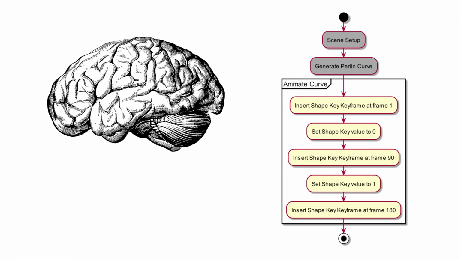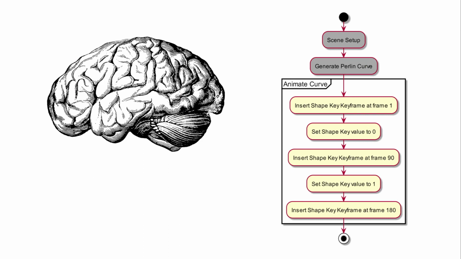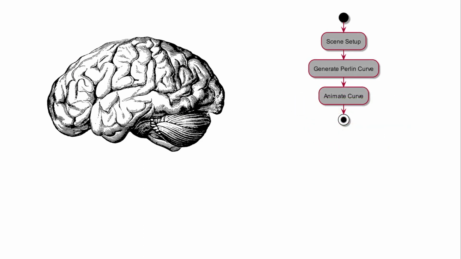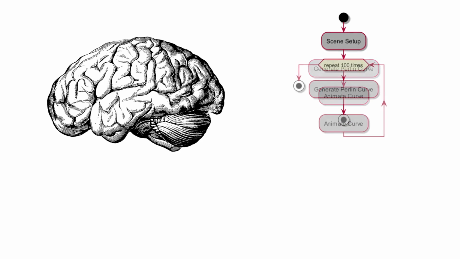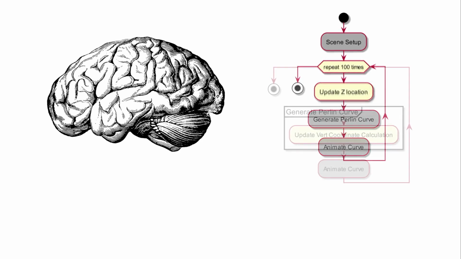Let's create a mental model for the changes we want to make to our script. In the previous video, we animated the shape key. Let's think about it as a single step for now. To create 100 curves, we'll need to repeat the curve creation process 100 times in a loop. Next, to make a stack, we'll need to set up a new location on the z-axis and apply that to